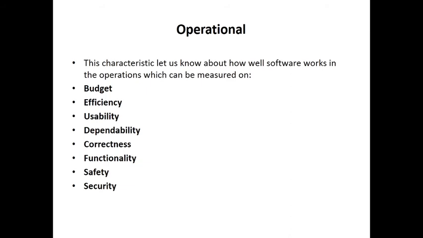It's not that the customer has asked to search a book in the library based on book name, but you have implemented based on author. So there is a difference. What is expected specifically, you need to implement that only, not assuming yourself something and doing it, right? Functionality, all the functions must be implemented, whatever is expected by the user. Safety, yes, it is important. Security, I've told you, it must be secure. These are the operational characteristics.